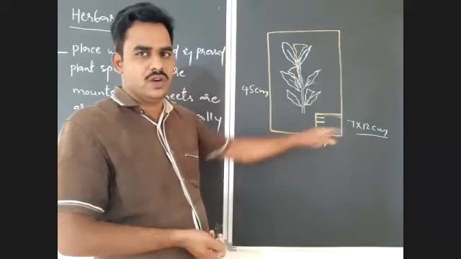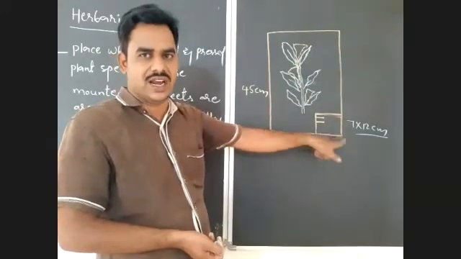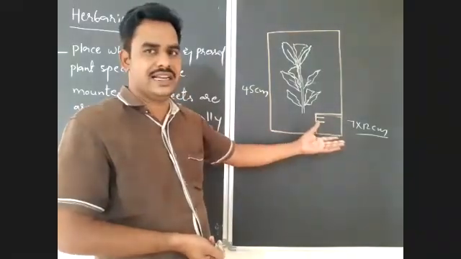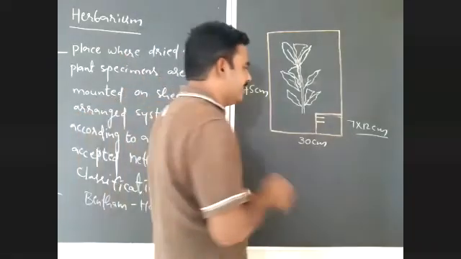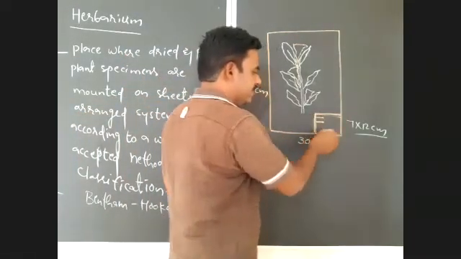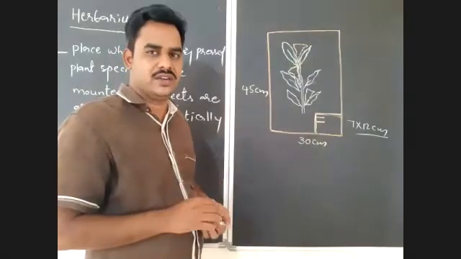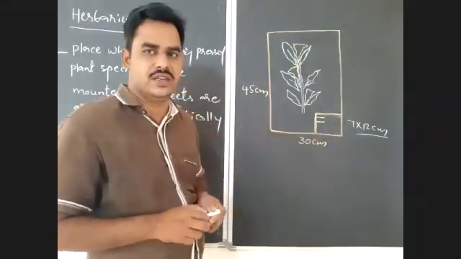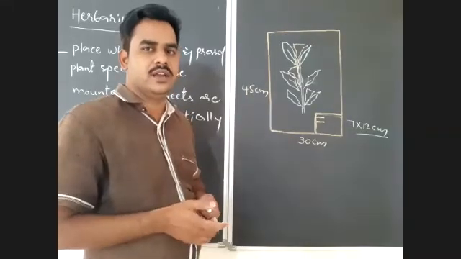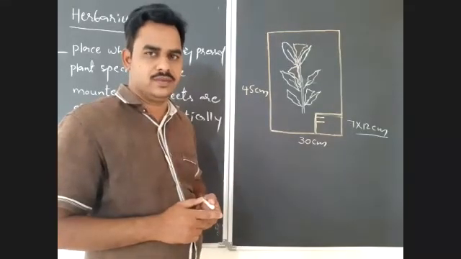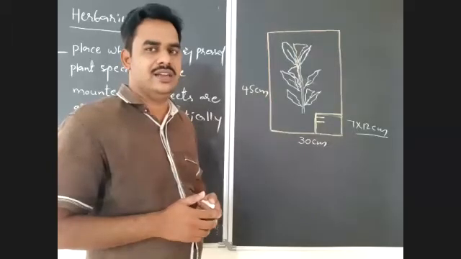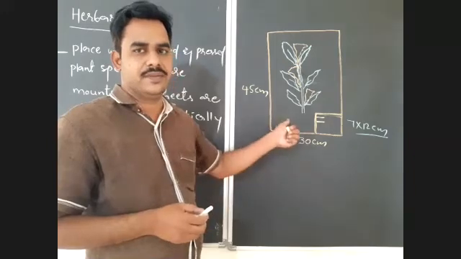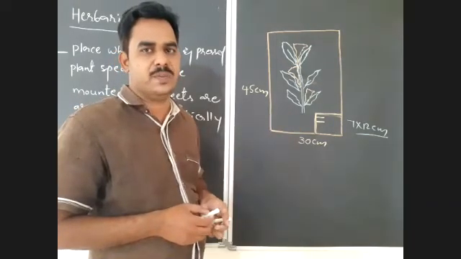Okay, so at the lower right corner there is a box. It is not like any other thing, it is just a small region left for the classification. It is just like a border. You will notice it. So in this box you should mention the common name or local name, scientific name, and after that the classification of that particular plant. For example, if it is a branch of wheat or a branch of Mangifera indica,